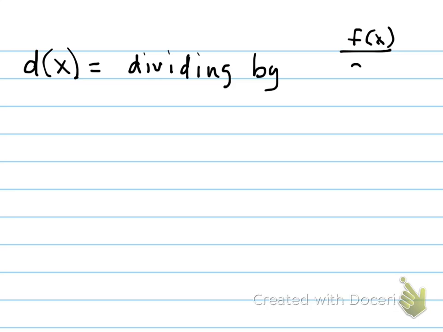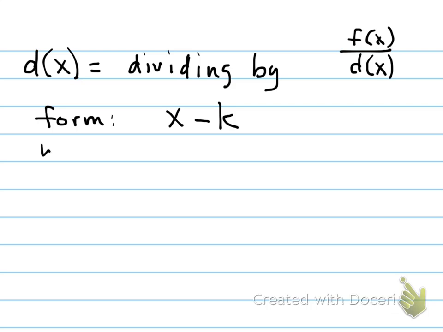All right, here's the next thing we need to know. We need to talk about our d of x. Now remember that d of x is the thing you're dividing by. And in algebra, division is typically written as a fraction. So our d of x is the thing where? On the bottom of the fraction. It's the denominator of the fraction. Well, our d of x is always going to be in the form of x minus k,